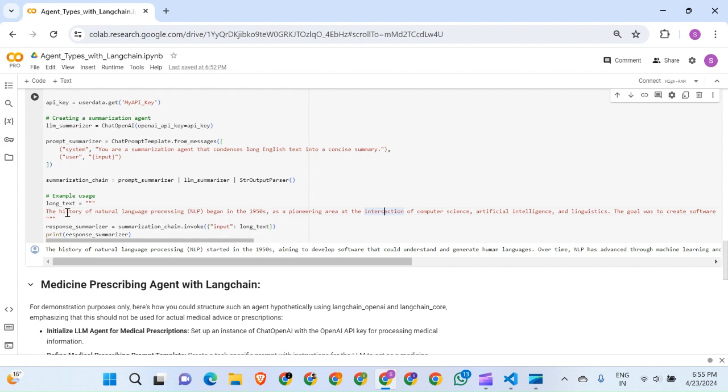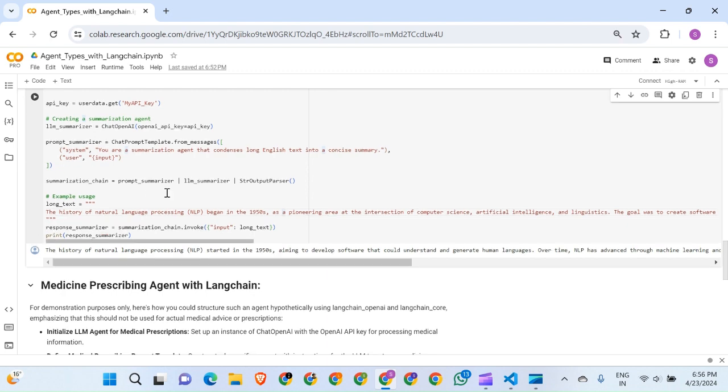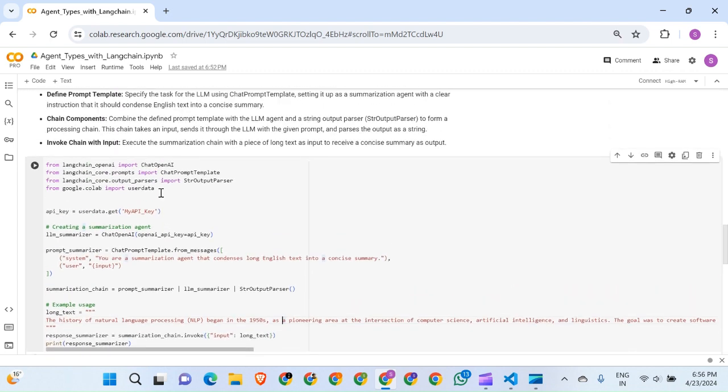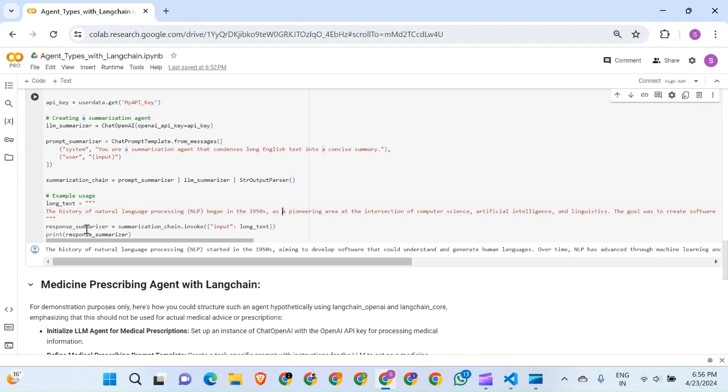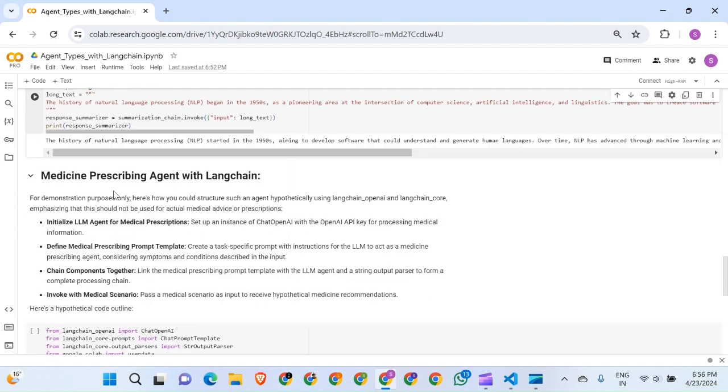So here we have given input like a whole bunch of a couple of paragraphs to summarize, and then our summarization agent model will summarize the whole text that we have given as an input. Here you can see the summarization of the bunch of paragraphs, and then